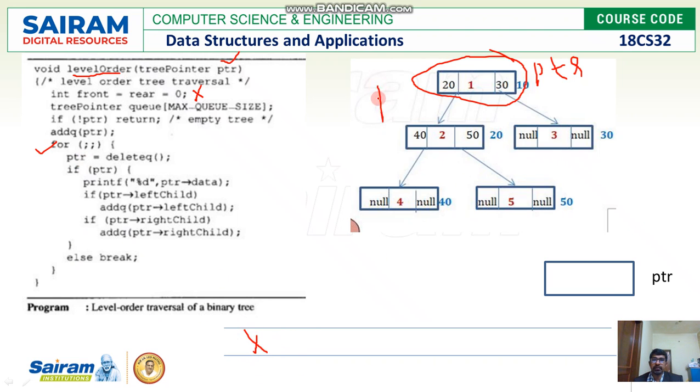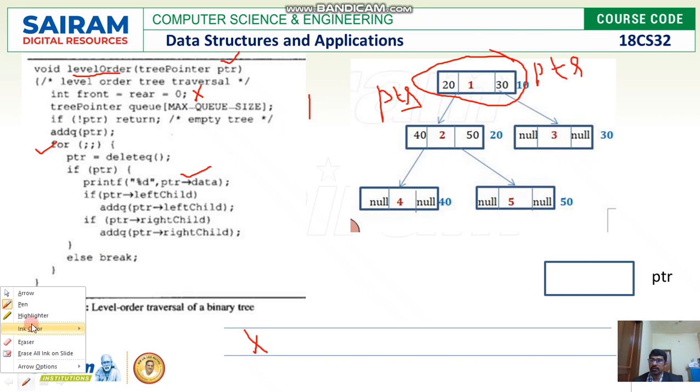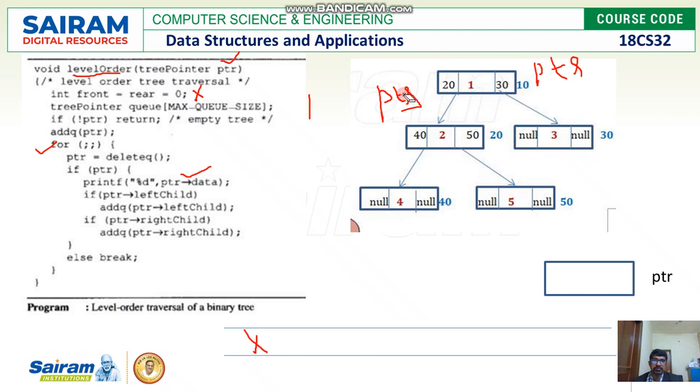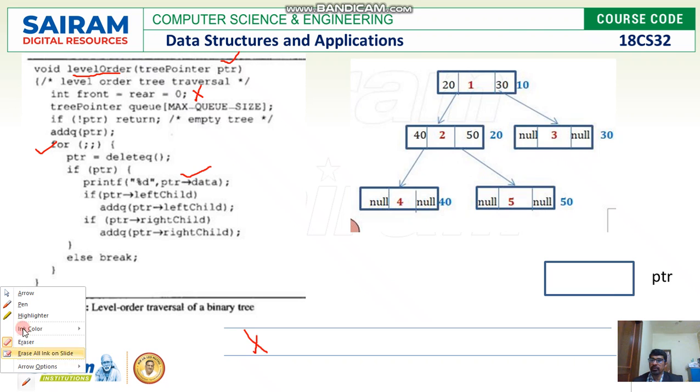Now PTR again will be a pointer to the same node, and look at the next statement. What is data for this PTR? You have to print. So when I print it, I'll be getting it as 1. So I'm done with this. So for the given node, in this case the given node is the root node. So for this node, what you have to do, already one is there.